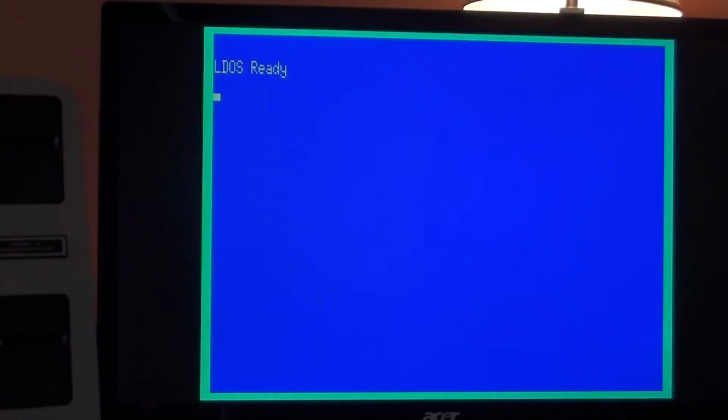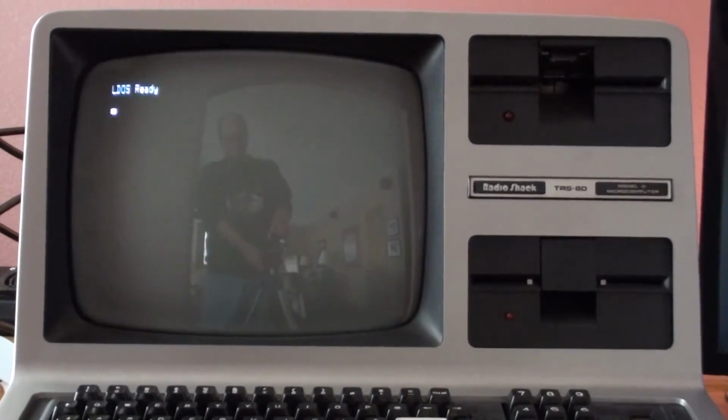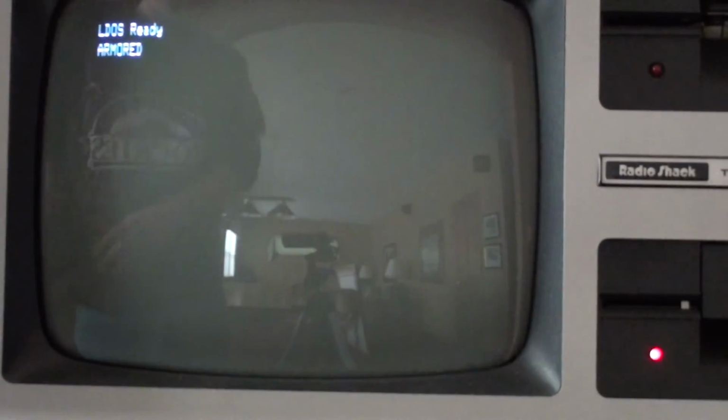So we'll come back over here to, well, first let's get out of the VGA display. The way you do that is reset the display output device, and then you stop getting a prompt on the VGA display, and you can come over here to the Model 3, and then what I'm going to do is run Armored Patrol, pick up my joystick,